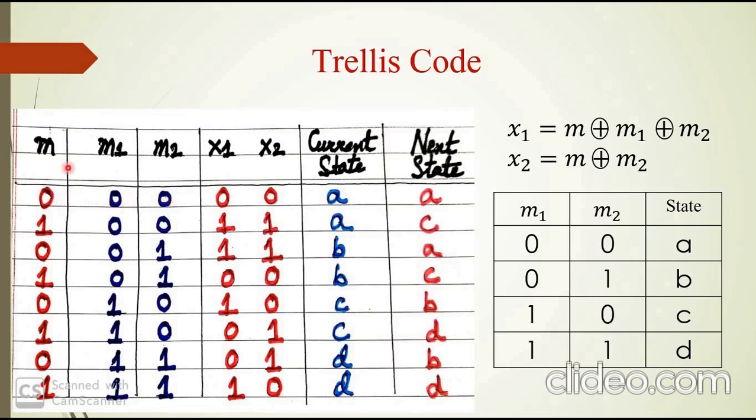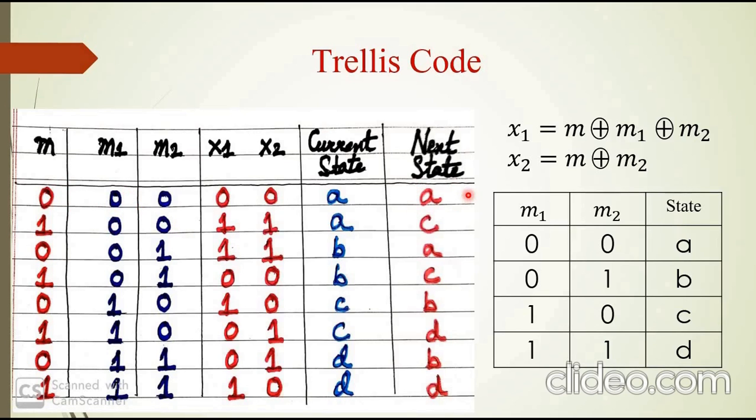When the current message bit M is 0, the next state will be M and M1, because when you insert the next bit, it gets shifted in this direction. So the next state will be 0, 0, and 0, 0 means A. So the next state will be A.